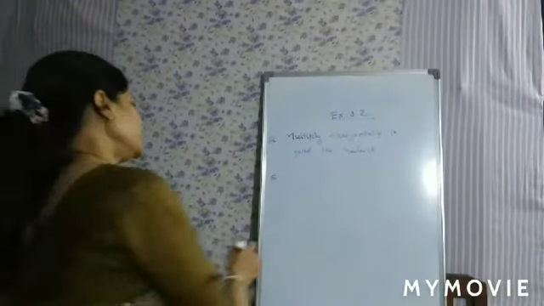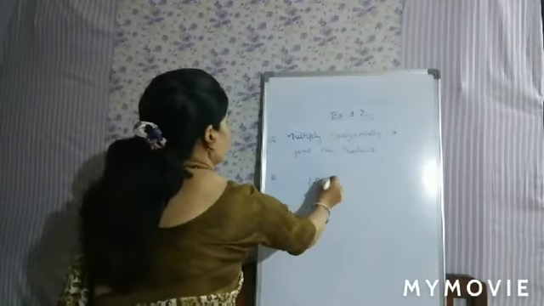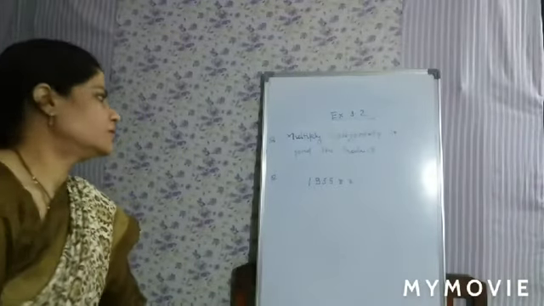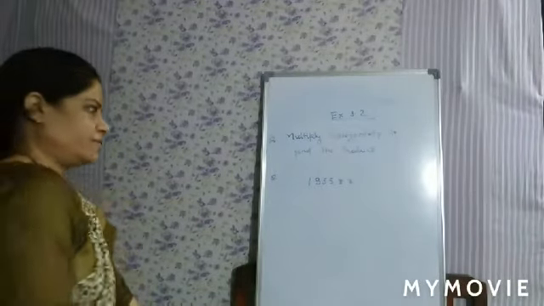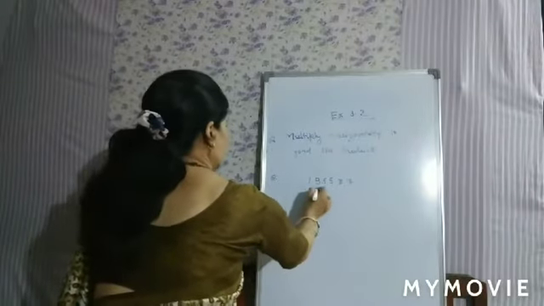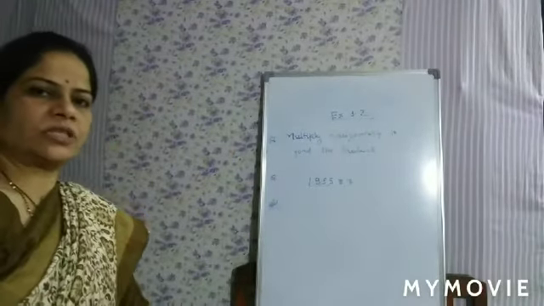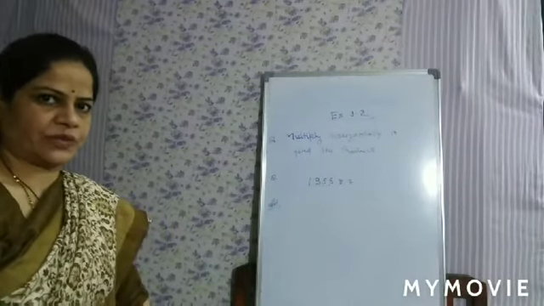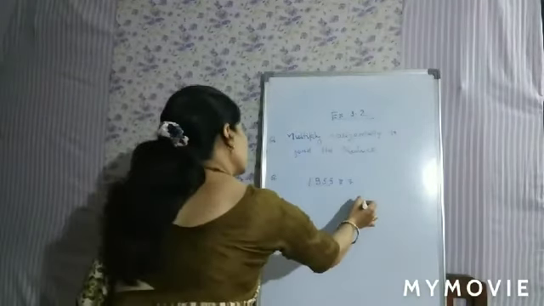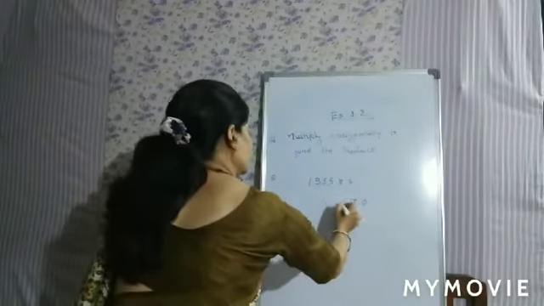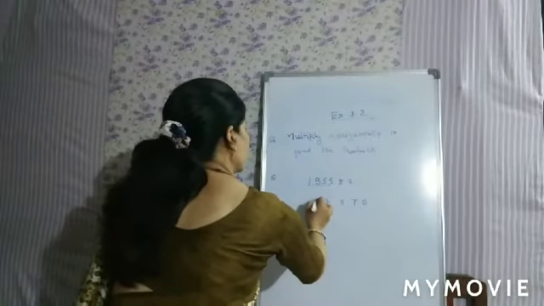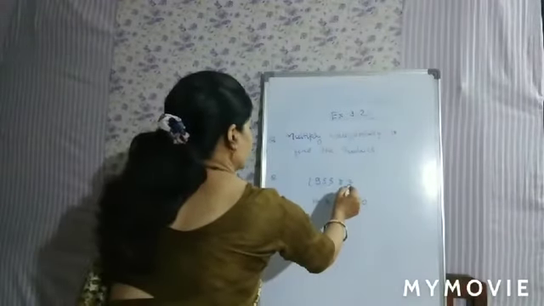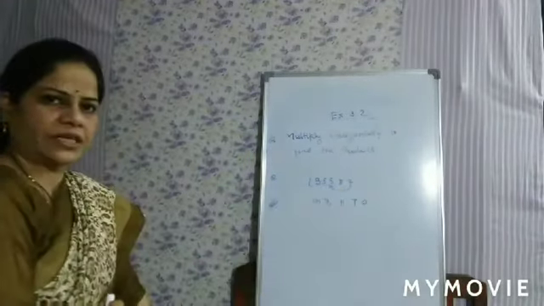Now the next multiplication is 1955 multiplied by 7. You have to multiply 7 in 1955. Since 1955 is a 4-digit number, you have to write the places of a 5-digit number. So you have to write places up to 10,000. Ones, tens, hundreds, thousands and ten thousands. Okay. Now start multiplying. 5 sevens are 35.